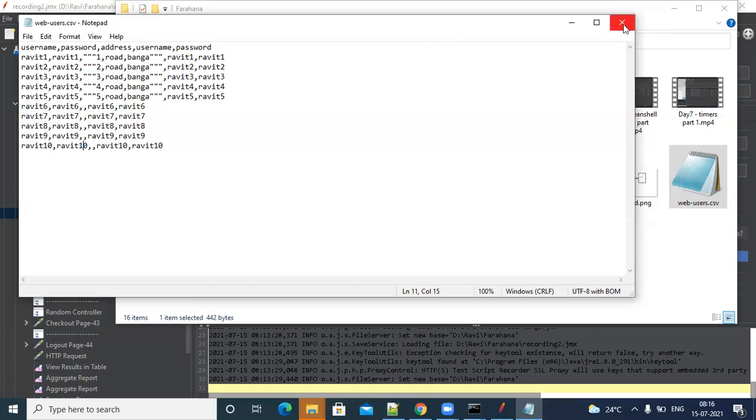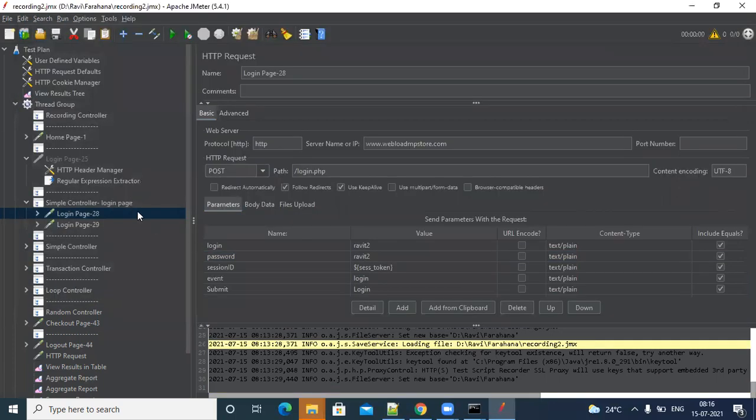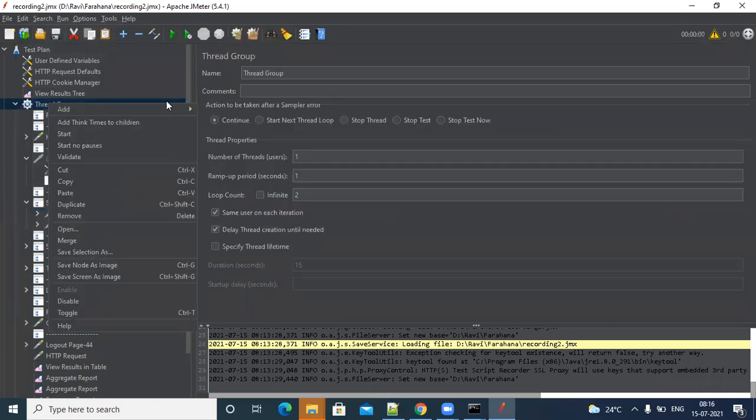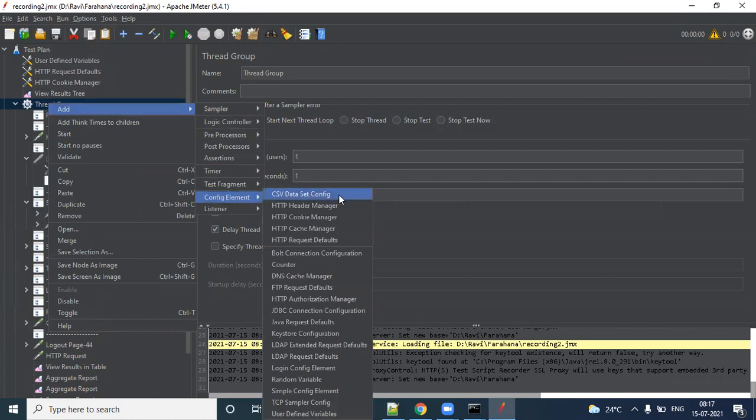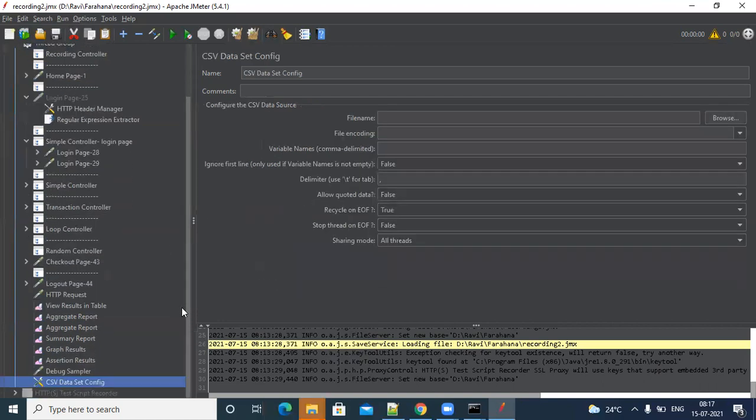So once you prepare your CSV file, let's go to JMeter and right click on thread group, add config element, CSV Data Set Config. The name itself is CSV. And why are we going for a config element? Because all these things will be in the config settings, right? Before the script runs, it has to do everything. Okay, CSV Data Set Config. Just click on this. When you click on this, it gets added at the end and opens like this.